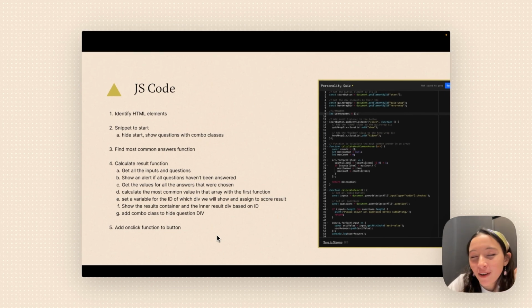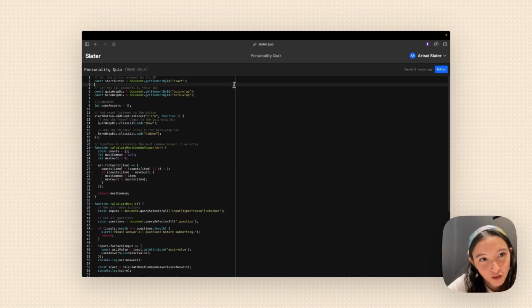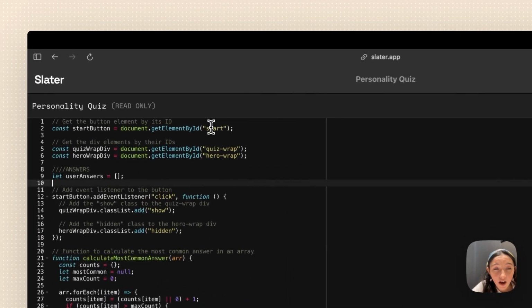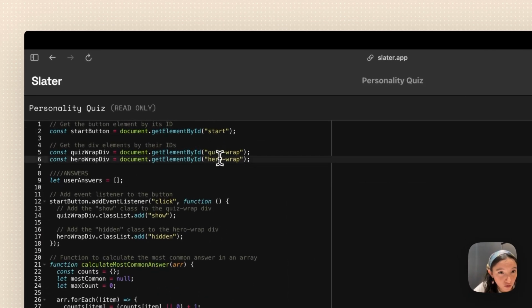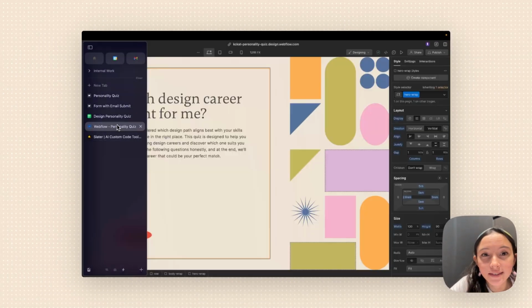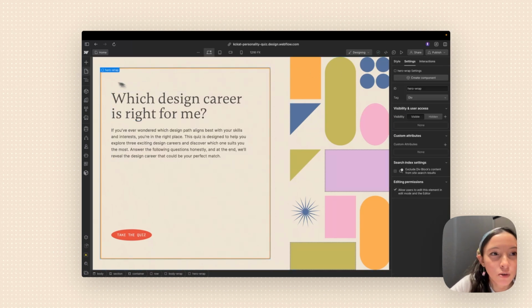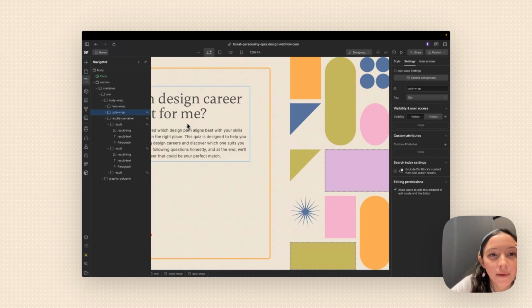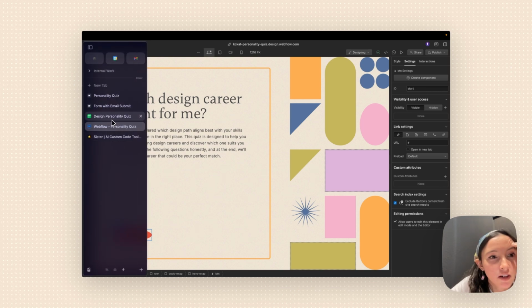All right, let's talk about code. So this is my beautiful code that I definitely wrote all myself and had absolutely no help on at all. Just kidding. I had a lot of help from the AI gods. We are going to start off grabbing the elements that we need. So I grab the start button, the quiz wrapper div, the hero wrapper div, and I'm just grabbing all of these by IDs. So you'll see here my hero wrap. I've also got my quiz wrap, and the main buttons that I identify are the start button